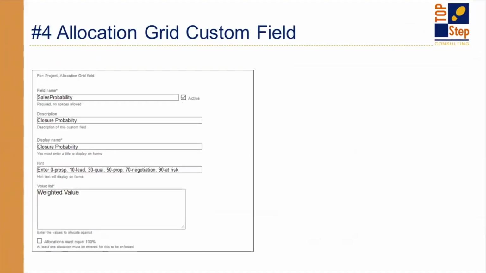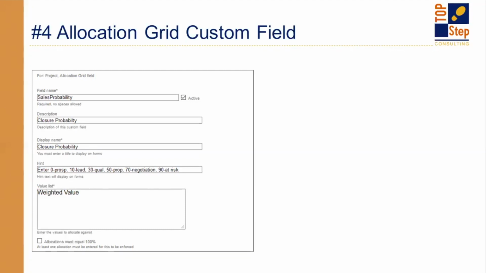So the allocation grid field definition looks a lot like a drop-down field. You fill in all the values. The value list is basically the options you can pick in this grid, okay? And the values you can pick in this grid then support the ability to put a percentage next to that value. So this is from our system, from this sales probability, we actually track proposals and stuff in our OpenAir